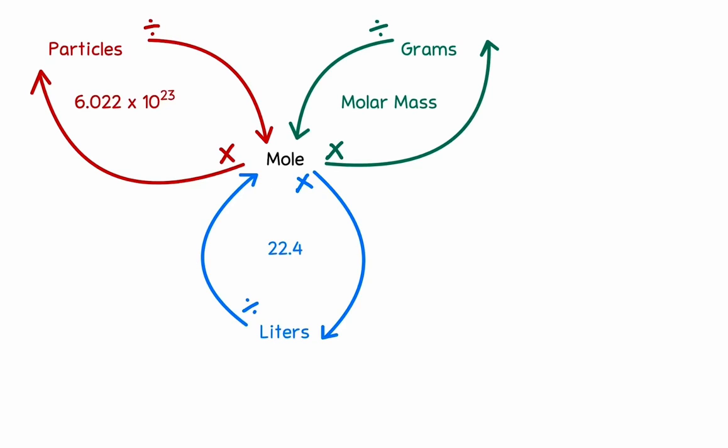Here's the diagram that makes it so much easier to convert moles to particles, or moles to liters, or moles to grams, or grams to moles, particles to moles, liters, and so on and so forth. So, for example, we're trying to convert particles to moles. I also like to think about the fact that every time the arrow is pointing at moles, there's a division sign, so we have to divide, and every time an arrow is pointing away from moles, multiplication is involved. So let's say we need to get the grams